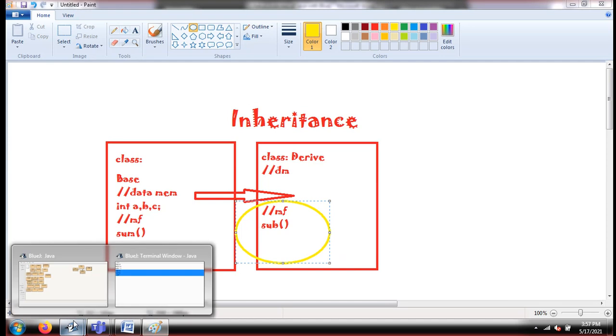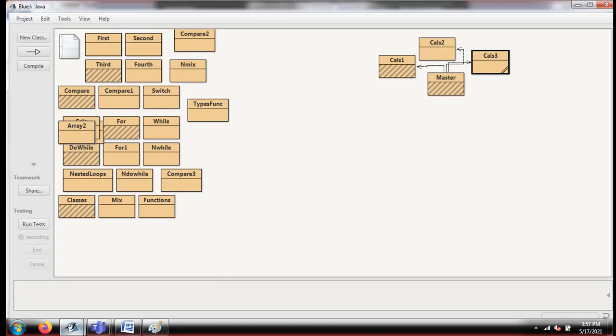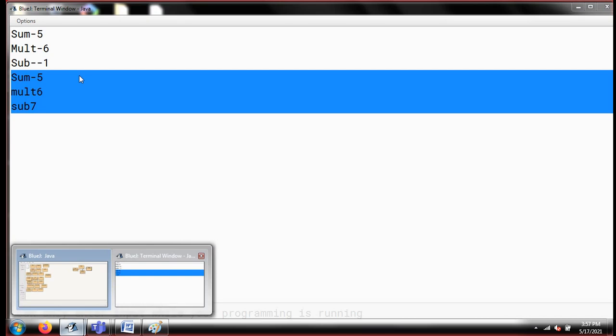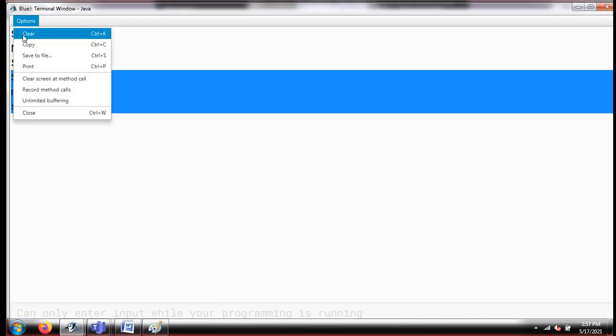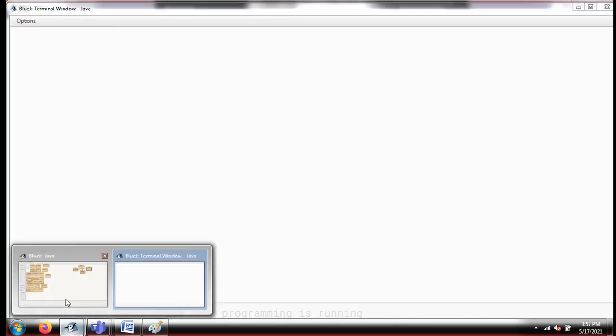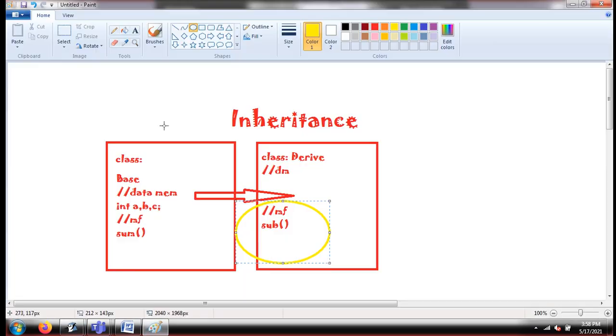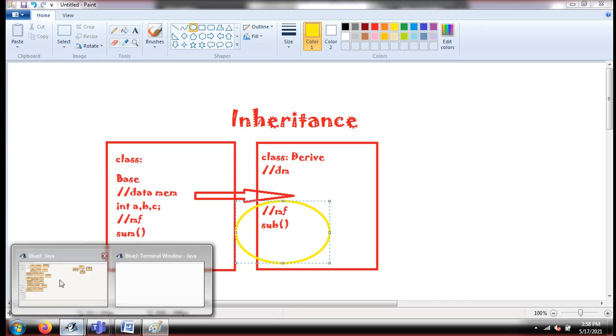So I'm going to bring the same thing back to my Java project file. You can see I'm having my output screen, so I'm deleting the entire thing from it so that you will be able to see a fresh screen. What I'm going to do is design one class as base and one class as derive. In base I'm going to provide addition, and in derive I'm going to provide subtraction. I'm going to create an object and do everything here in the derive class, and it is going to fetch the things from the base class and my work will be done. This entire exercise I'm going to do here.